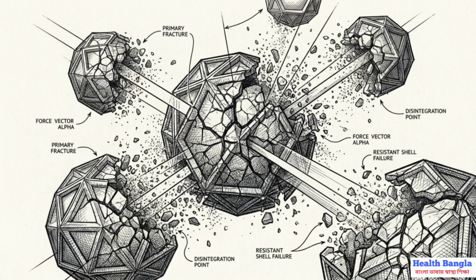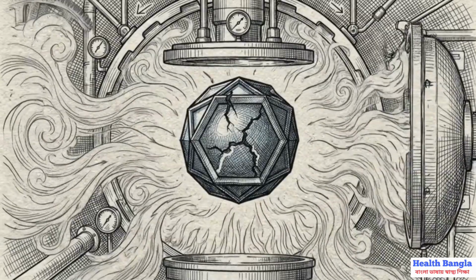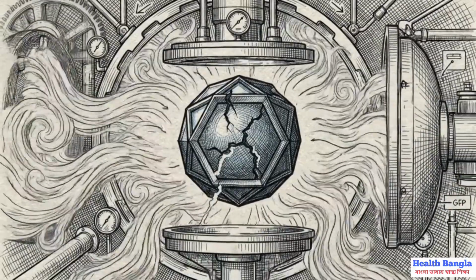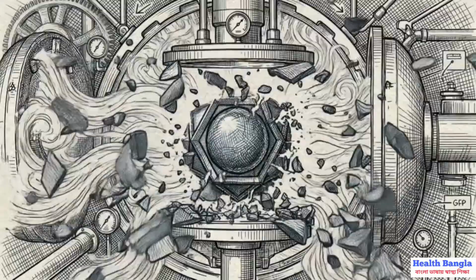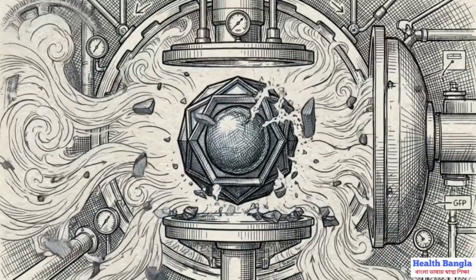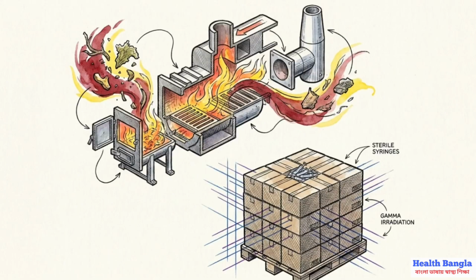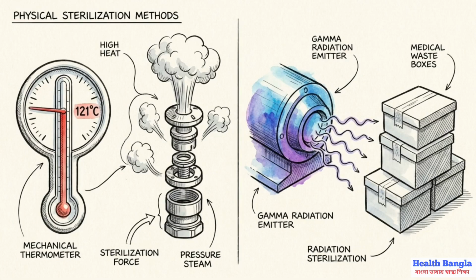Sterilization represents the total elimination of all microorganisms, including the highly resistant spores that survive chemical disinfection. Sterilization requires intense physical forces. In an autoclave, 121 degrees Celsius heat and 15 pounds of pressure physically disintegrates pathogens over 30 minutes. Other methods include incineration for pathological waste or gamma radiation for disposable equipment like needles and syringes. While disinfection manages surface probabilities, only the thermal, chemical, or radiological physics of sterilization ensures the biological threat is truly